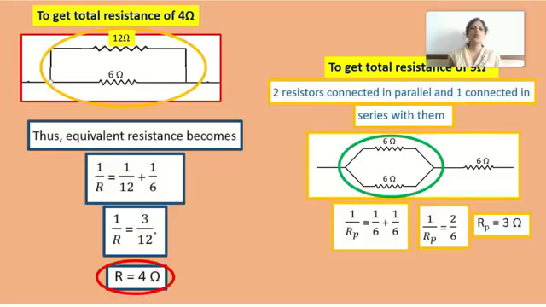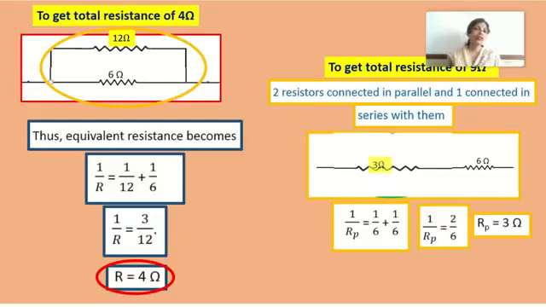So instead of this, we will make use of one resistor whose value is 3 ohm. Now how is your circuit looking like? This 3 ohm resistor and 6 ohm are connected in series. Now in series, what will be the total resistance or equivalent resistance of these two? It will be 3 plus 6, and that is 9 ohm. So we are getting the desired output. So to get the resistance of 9 ohm from 3 resistors of 6 ohm each, how will you connect them? You will connect 2 resistors in parallel, and to that combination you connect 1 in series with the combination.